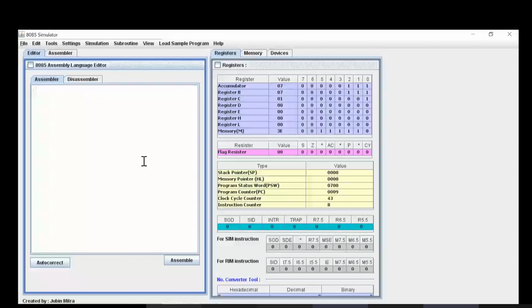MVI A, 0. Harish, now come and do one. That's it. Next slide. Sir, for initializing accumulator A to 0, we can use clear A also, right? We can just use CLR A. Clear is an instruction here, Sharath. You sure? I'm just asking, sir. Can we use that? We'll have to figure out.